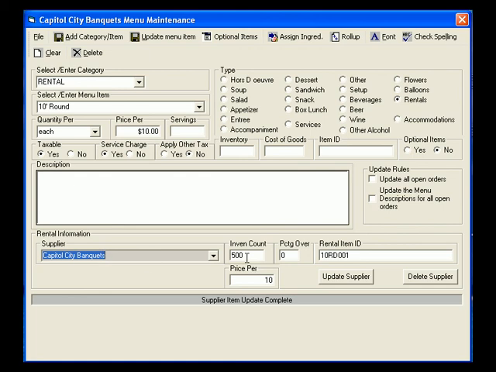In this case, they had a record in the database with 500 inventory count for 10-foot rounds. We could change this to 200 and then update the supplier. And now their inventory count is 200. And the inventory count is checked when you do a rental from the rental order screen. And if you specify, the inventory count cannot be exceeded. And you can also specify whether you want the inventory checking to be done or not. And so that's the rental part of the menu maintenance function that's been added in version 10. Menu maintenance